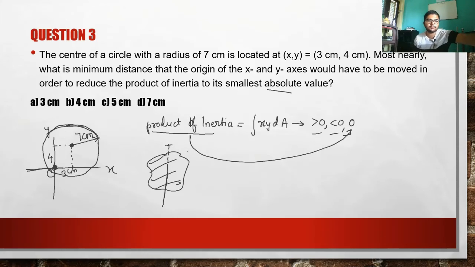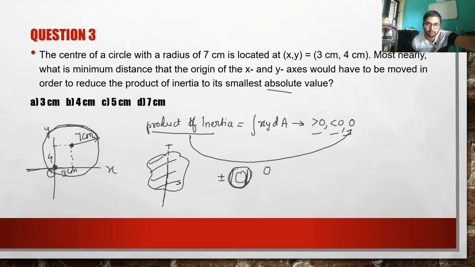Now here for a circle also the same condition holds. It can be greater than 0, less than 0, or 0. If he was asking for the smallest value, then our challenge would be to find the negative which is least. But he has inserted the word absolute. That means we need to take only the mod value, the magnitude of the product of inertia, not the sign. Whether it is plus or minus, we don't require. Only the magnitude matters, and the least magnitude that anything can have is 0.